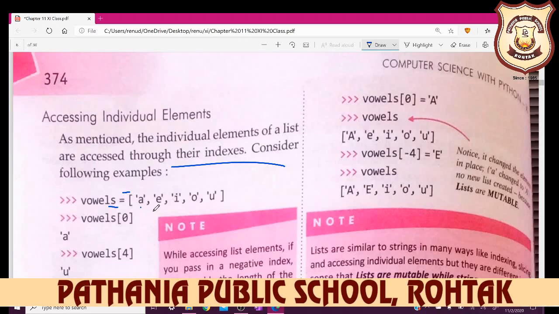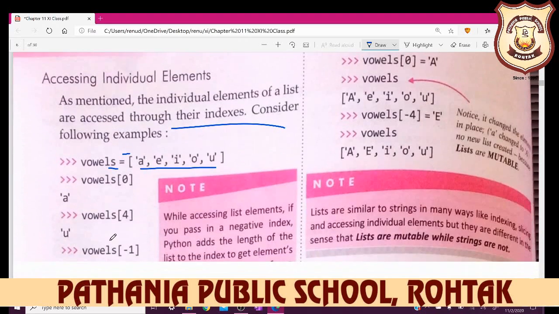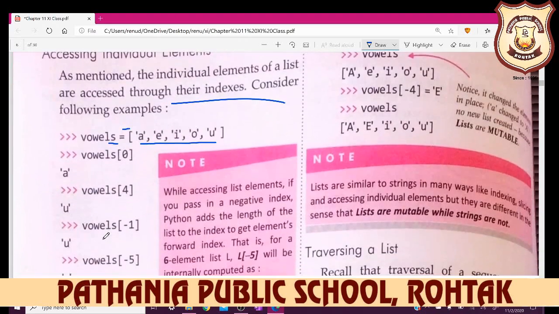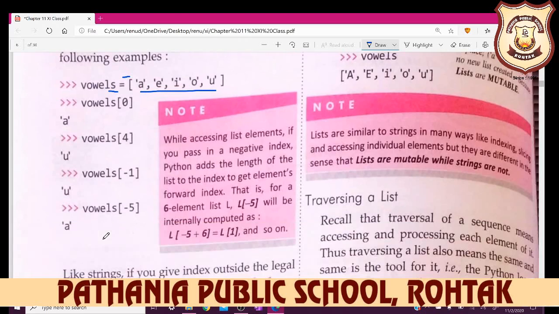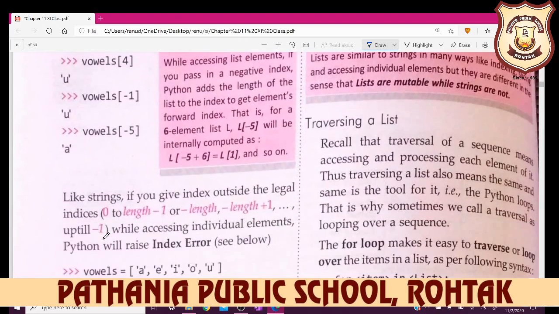You see here the vowels are A, E, I, O, U. On the index 0, your vowel is A. On the index 4, your vowel is U, and likewise on index -5, your value is A. Like strings, if you give an index outside the legal indices,